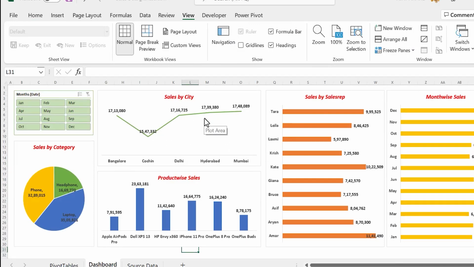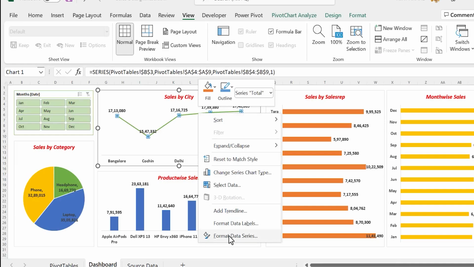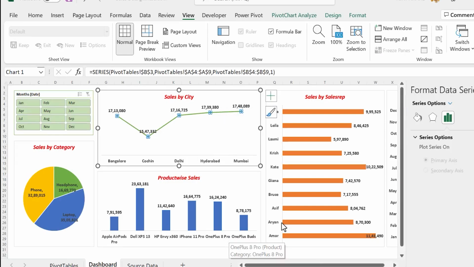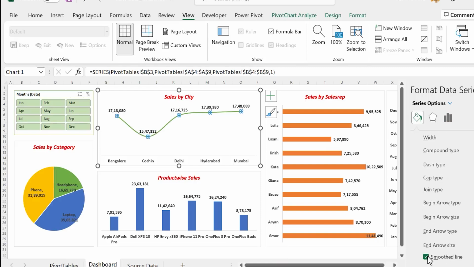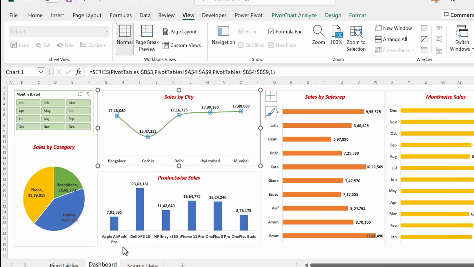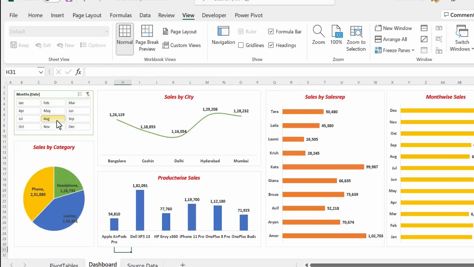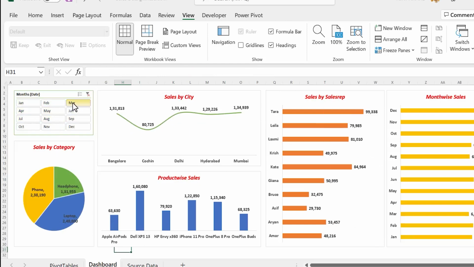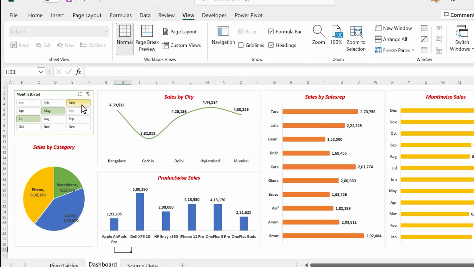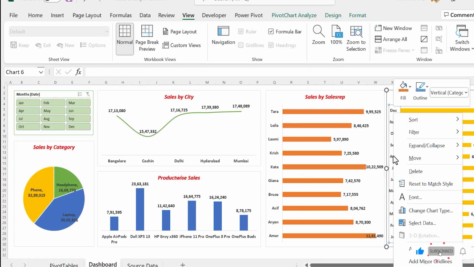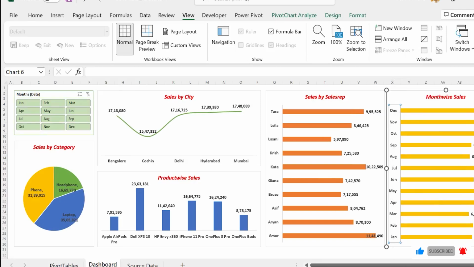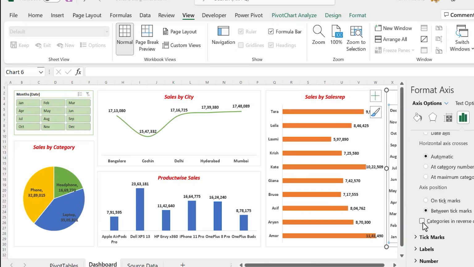Notice the markers on this line chart. Right click on the line, Format Data Series, Fill and Line, Smooth line. And last thing, to reverse the order of the months, right click on the axis labels, Format Axis, categories in reverse order,